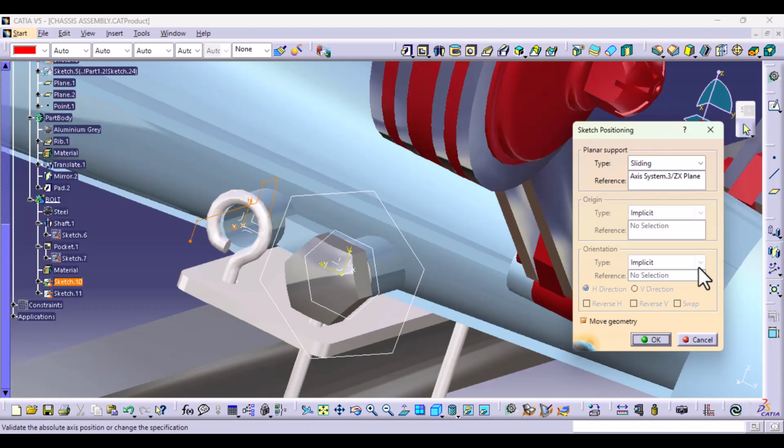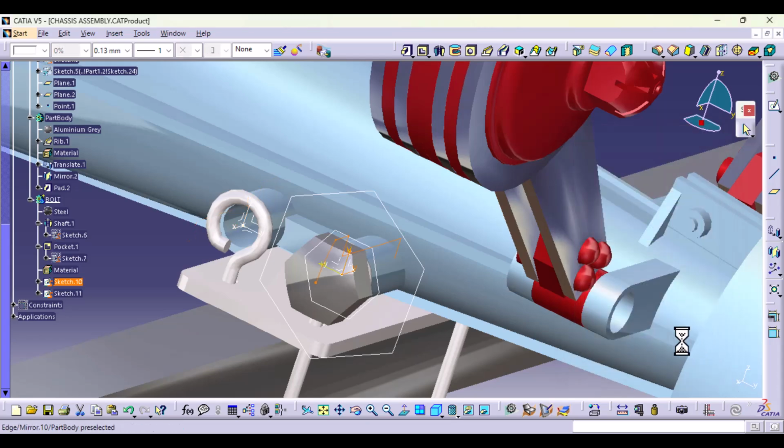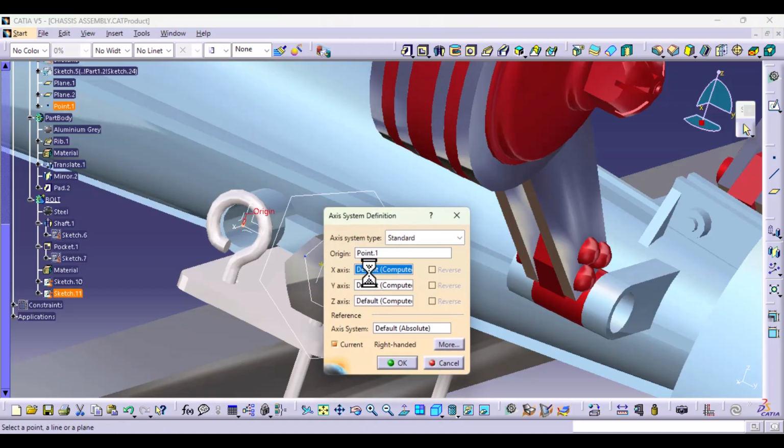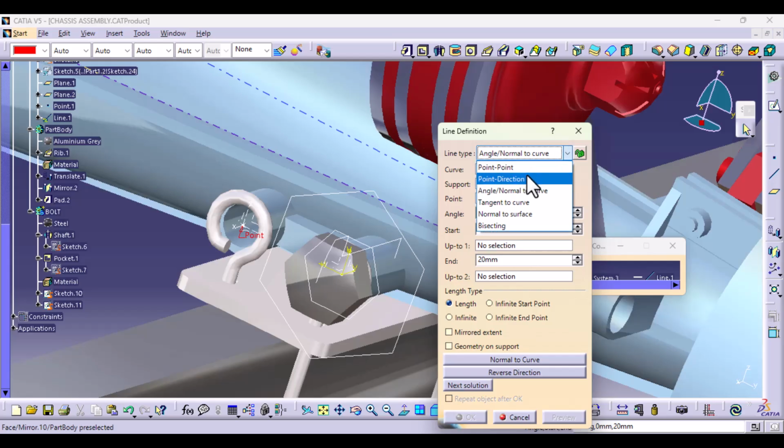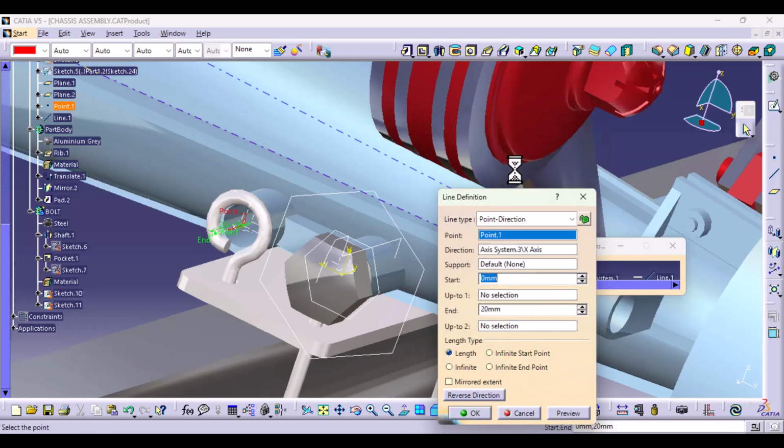We were supposed to reverse. X-axis is a line from this point and direction. From that point,